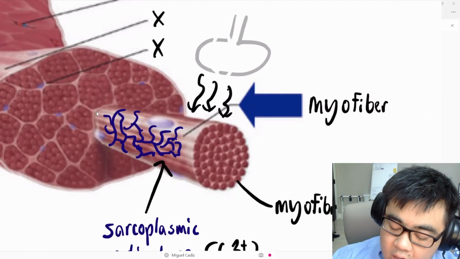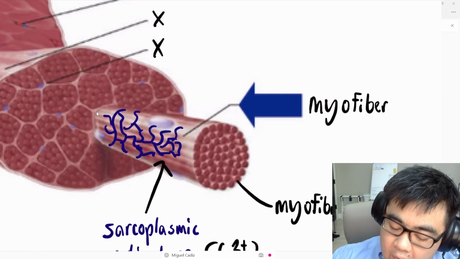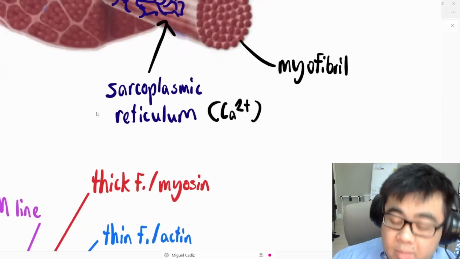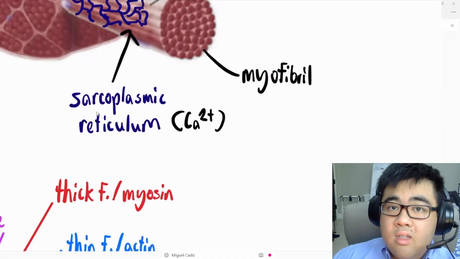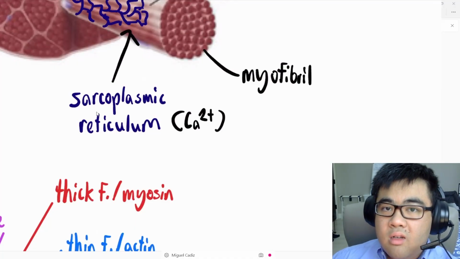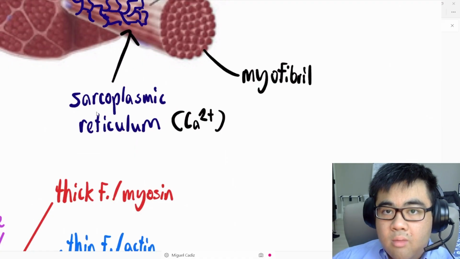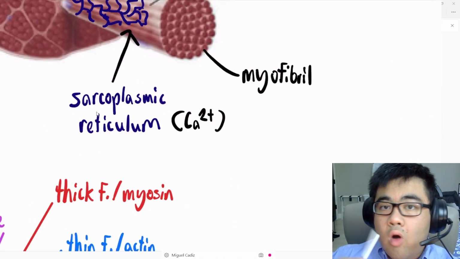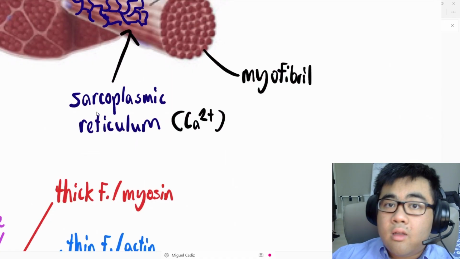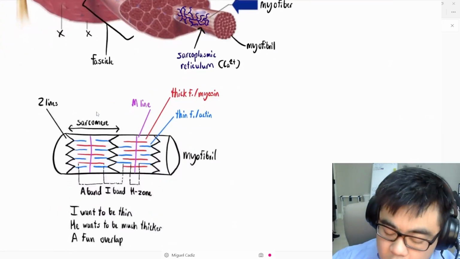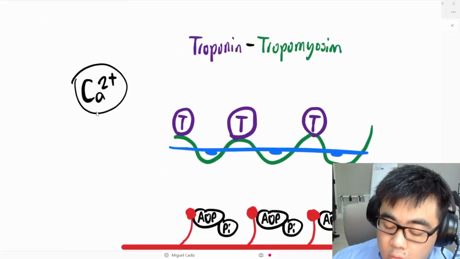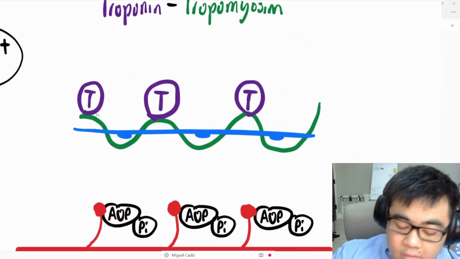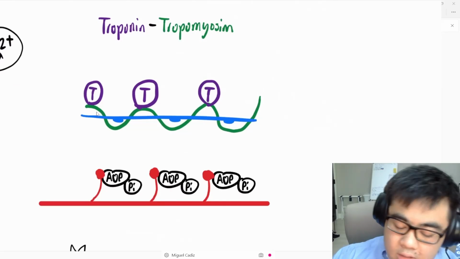Now, when that action potential starts going through the myofiber, the sarcoplasmic reticulum detects that and releases calcium in response to it. This is done through voltage-gated calcium channels. Once that action potential is detected by the sarcoplasmic reticulum, those voltage-gated channels will open up and allow calcium to flood the myofiber. The calcium is what allows the contraction to initiate, because whenever there is no